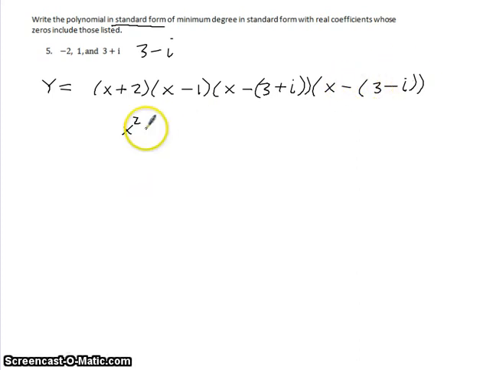So we have a minus x times 3 minus i, and then we have the quantity minus 3 plus i times x minus 3 minus i. Okay, so we're going to have a minus x times 3 plus i, and then minus minus is plus,